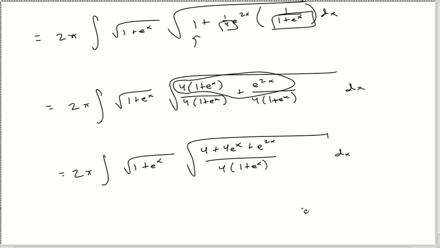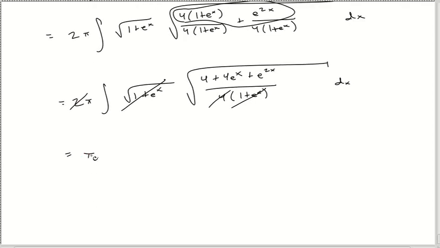All right, pause for a second. There's actually a major cancellation here at this point. The square root extends to the numerator, the 4, this guy, and so this guy's technically square root, and he's in the denominator. This guy is square root, and he's in the numerator, and they cancel. Another one is that the square root applies to everything, including this 4. Well, this 4 inside the square root is a 2 on the outside of the square root. So these guys right here actually cancel. And what I get is pi integral of the square root of 4 plus 4e to the x plus e